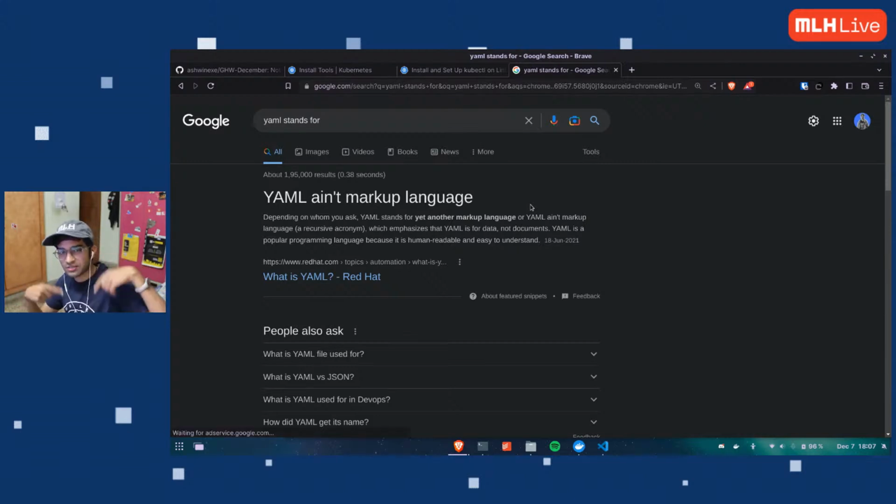It's a recursive acronym if you read it again. So recursive means it's defining itself. So YAML Ain't Markup Language is YAML, and then again inside that is YAML, which is again YAML Ain't Markup Language. So it's recursive and it's an acronym in itself. How cool is that? I don't know. The people who made it are amazing.